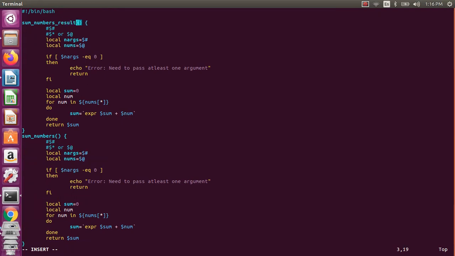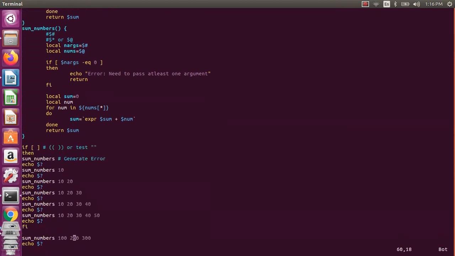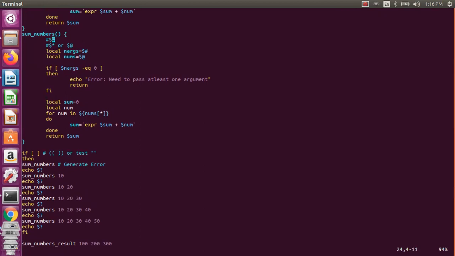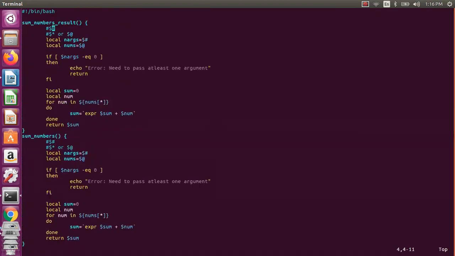I just say result because we are returning the result, and I will just use these sum numbers result. So this one I am going to use, and let us pass one value, something called total, and I will print the total which it has to give. Okay, let us test this one, let us modify this code accordingly.